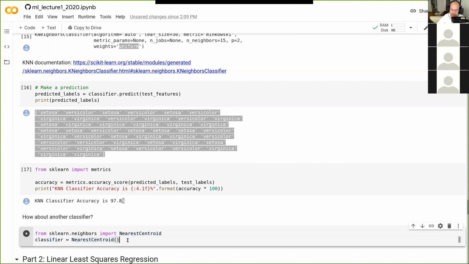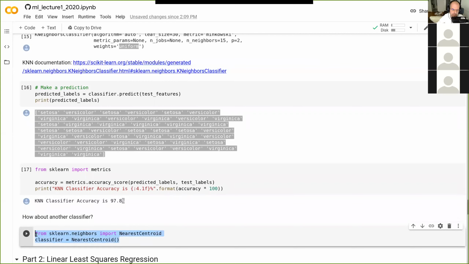Instead of counting how close all neighbors are, nearest centroid calculates the centroid, the mean average of all the features for a given class, and it calls that the centroid.